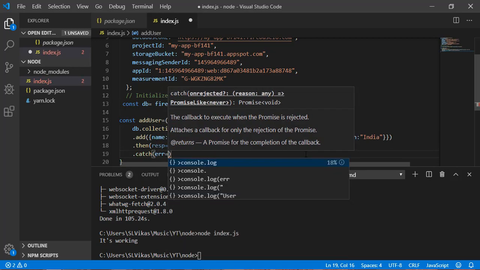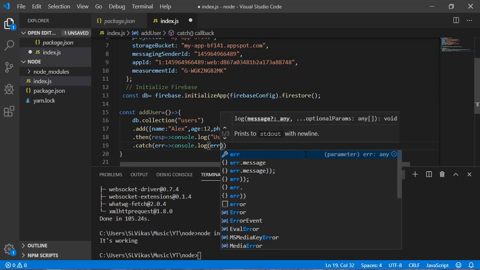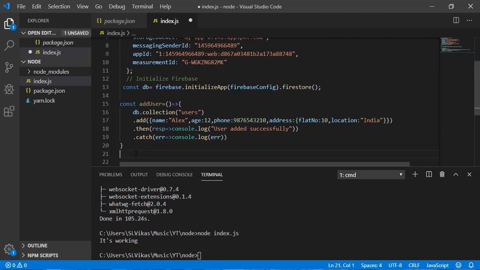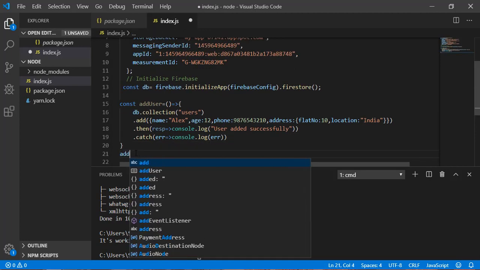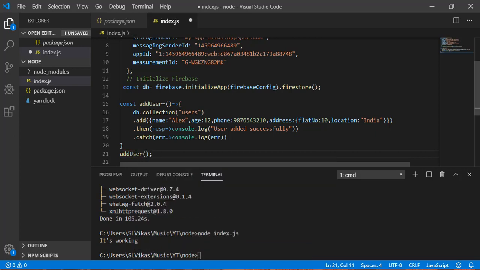So here we can print console.log. Now let's call this function. So here we need to call this addUser. So addUser. Now let's save it and execute this.